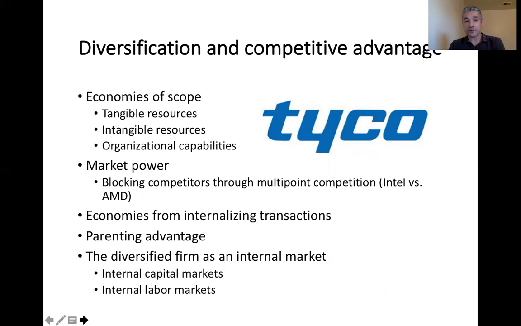Economies of scope is a very similar thing, except you do not necessarily double your original output, but because your overall output increases, as long as you can share resources or capabilities across those different units that you now control, the cost per unit will go down. So again, that happens primarily if you can share resources and capabilities across the businesses that you now control. So we may talk about tangible resources.